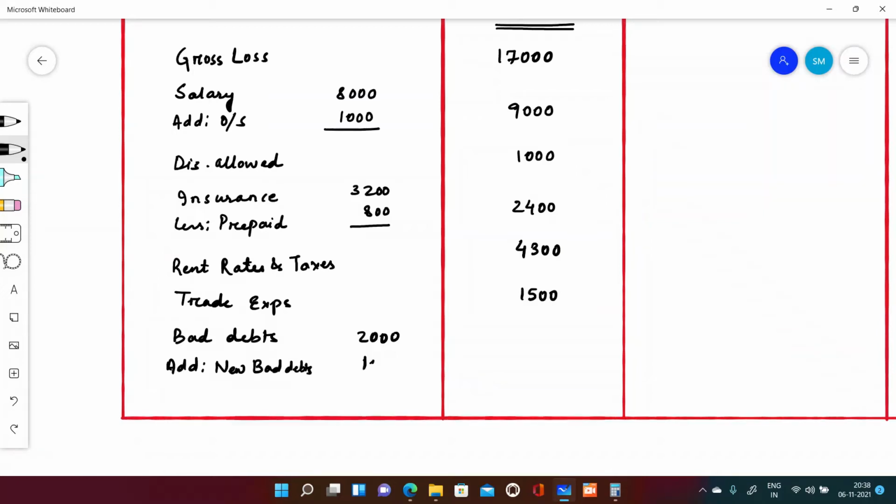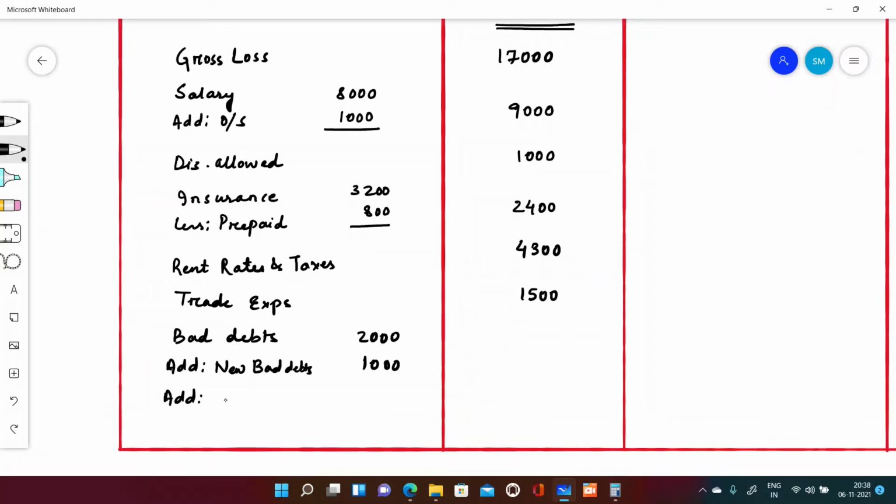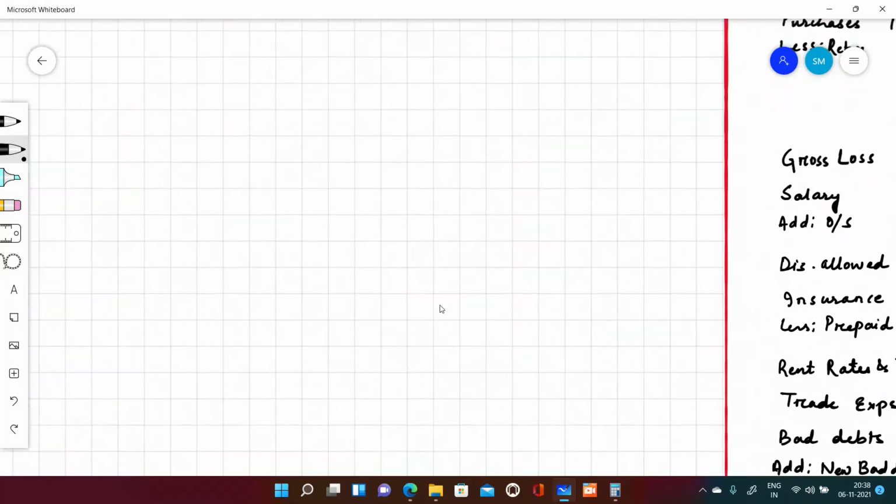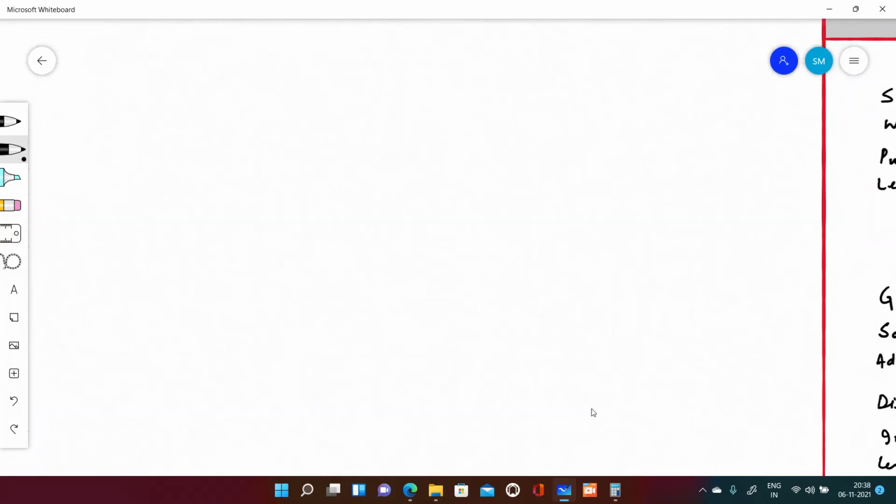So that is your rupees 1000. Then you have provision for bad debts. So before writing provision, we have to calculate this side, what will be the provision, what will be the bad debts. Okay,